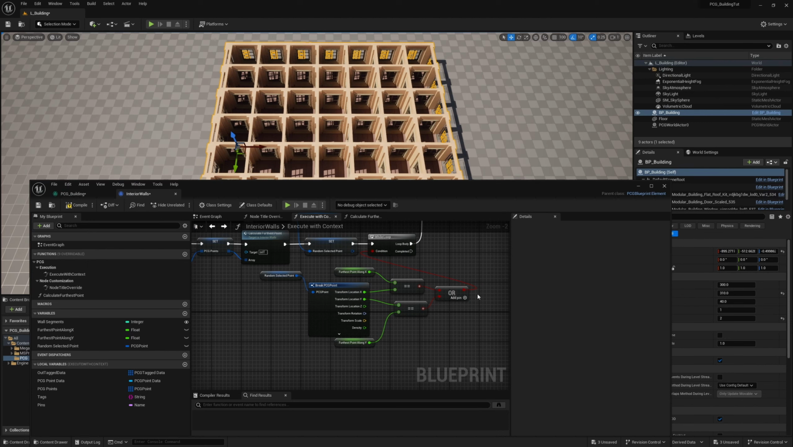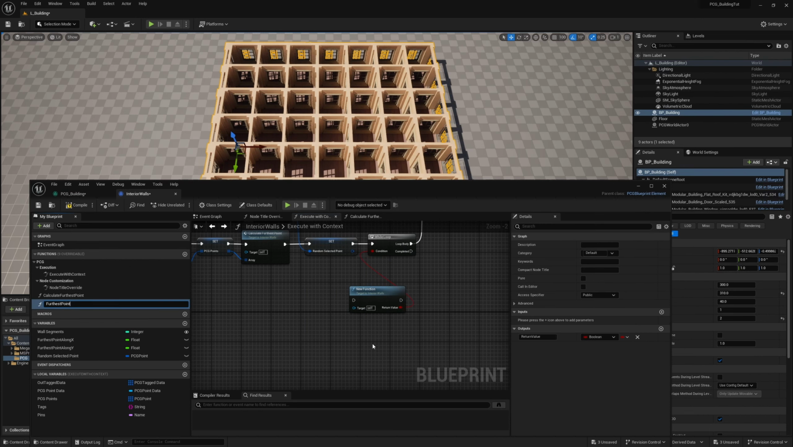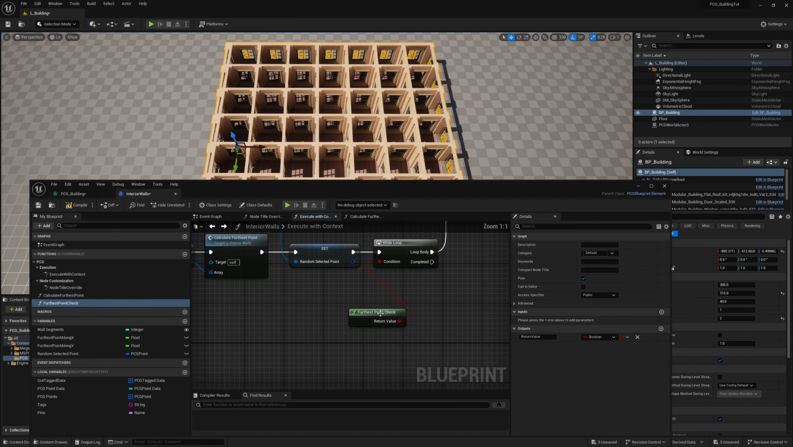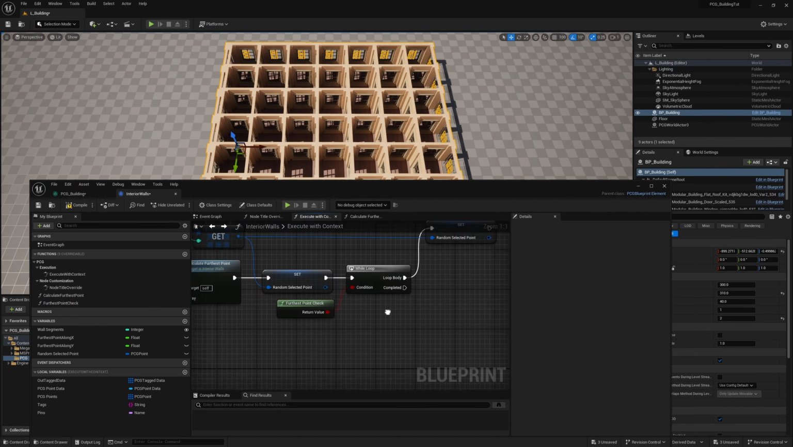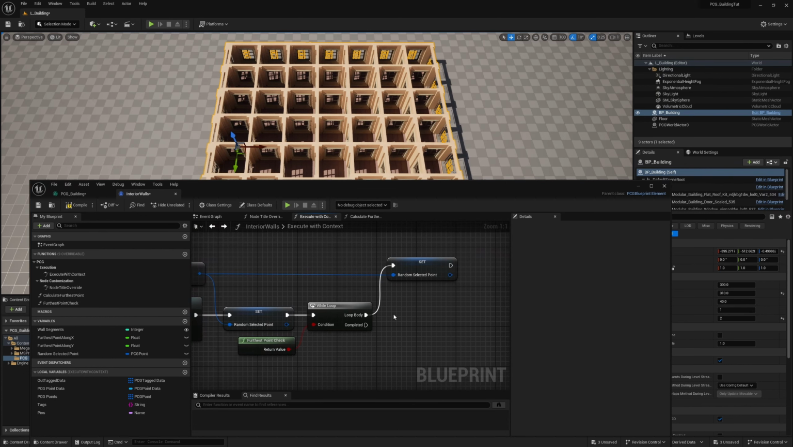To make our life a little bit easier, I'm going to go ahead and select all of this. I'm going to right click, collapse to function, and I'm going to call this furthest point check. And I'm going to make this a pure function. This cleans it up quite nicely. So now we go ahead and check if it's the furthest point. If it is, calculate a new one. But if it's not, we can go ahead